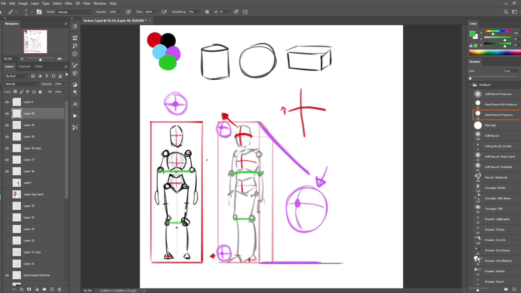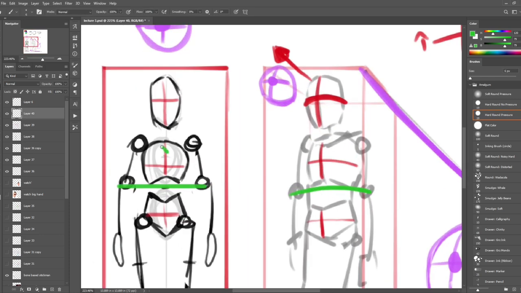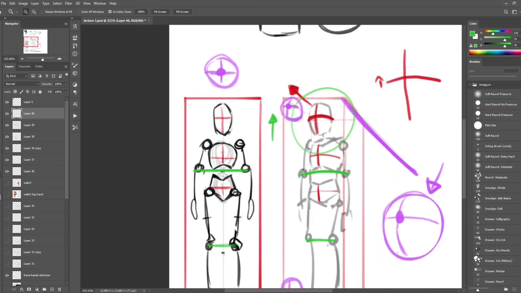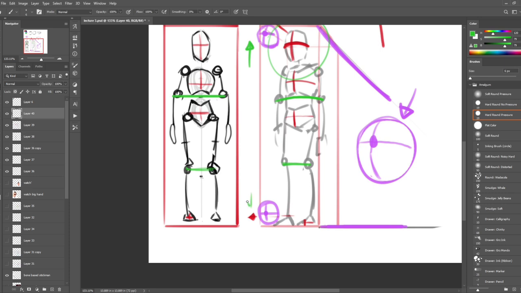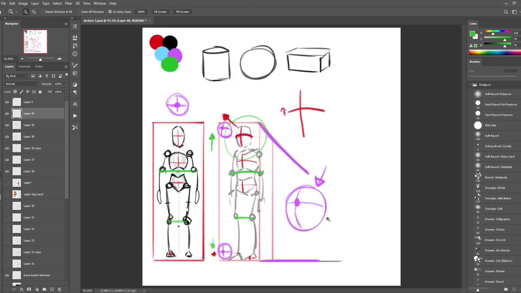And so where the clavicle may sit here, it might sit higher, or the nose will sit higher. The parts that are closer to the top of the head will go up more, whereas the ones at the bottom will stay relatively the same. And this will happen in any perspective. If we really wanted to push this, for instance,